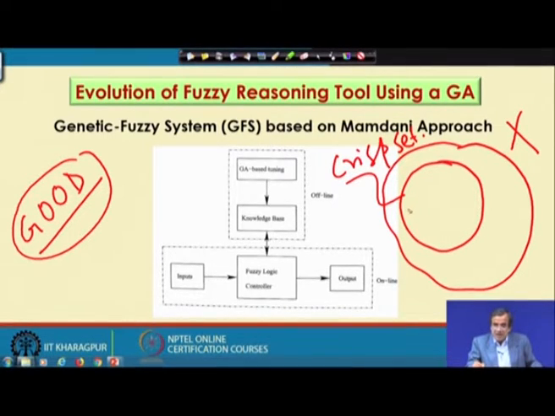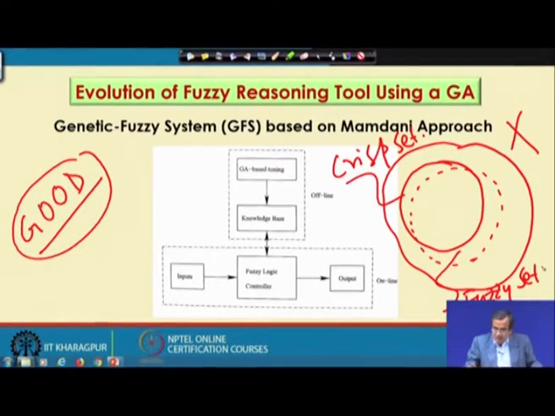So, we may not get a well-defined set, and there is a possibility that you will get one subset having this type of dotted boundary. This dotted boundary means it has no fixed boundary, and this is nothing but a fuzzy set. So, by definition, a fuzzy set is a set having no such well-defined, fixed boundary.